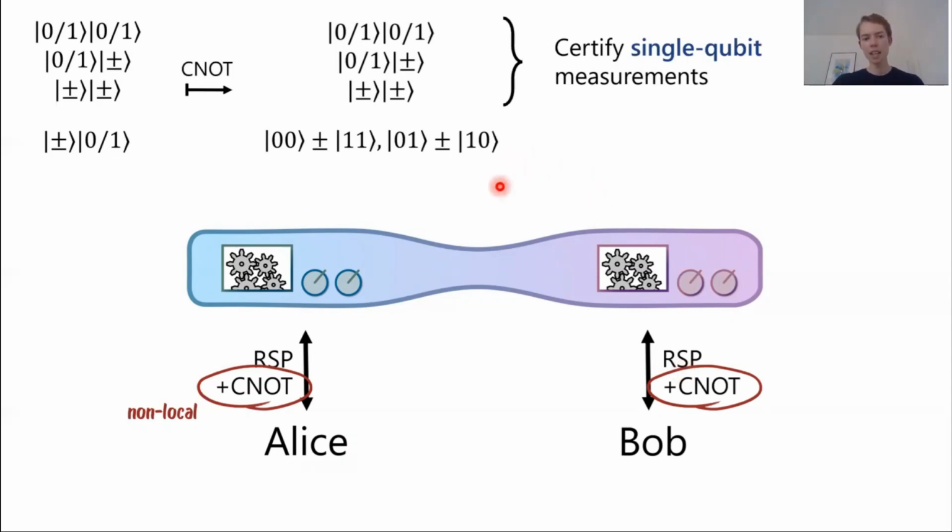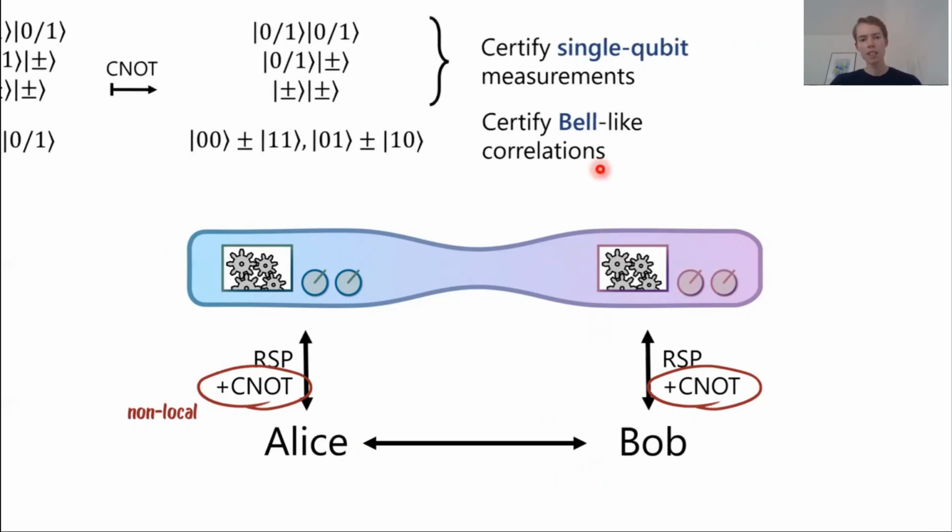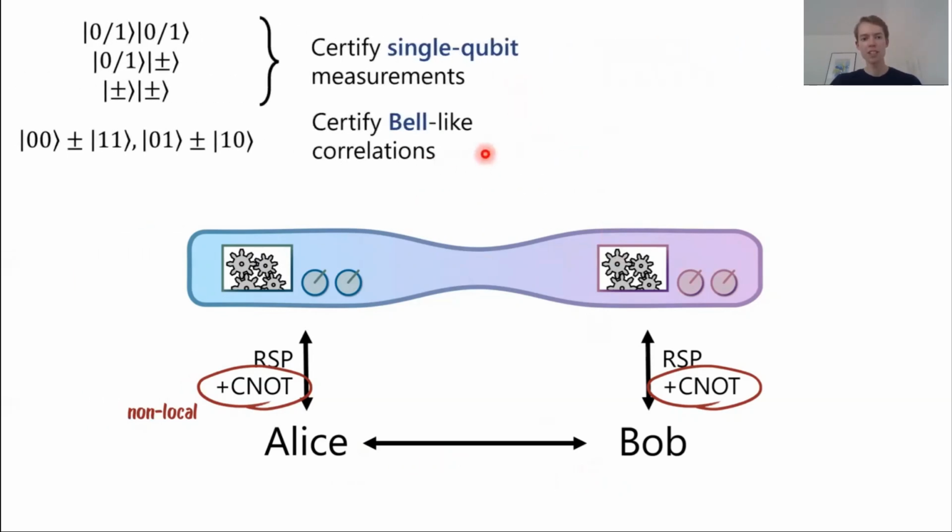And in this last case then here, Alice and Bob can check whether the device returns Bell-like correlations. And by this I just mean whether the XOR of these 2 bits is what it should be. And for this, Alice and Bob will use their public classical communication. Okay. So with this, we've gotten single qubit measurement certifications, but we somehow need to apply this certification to this